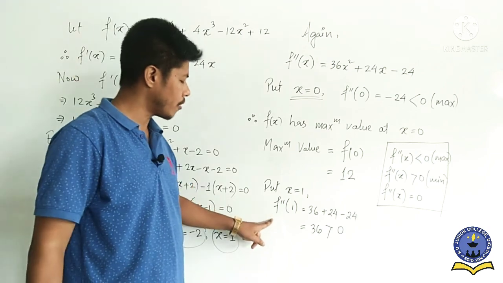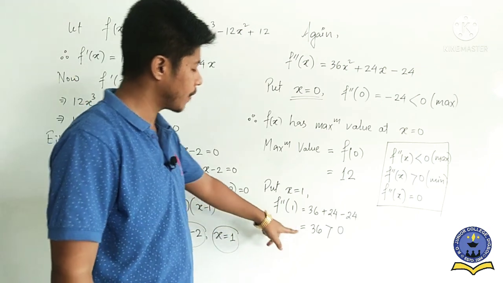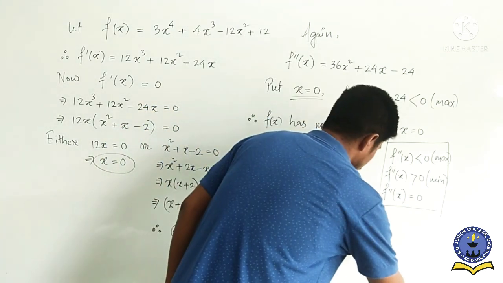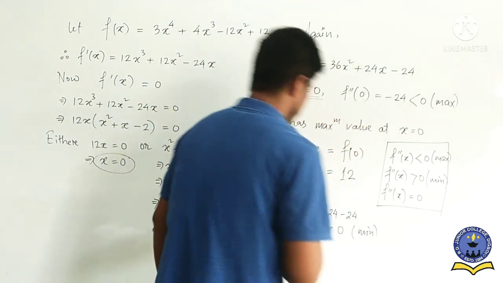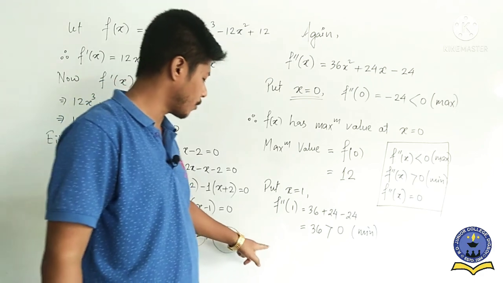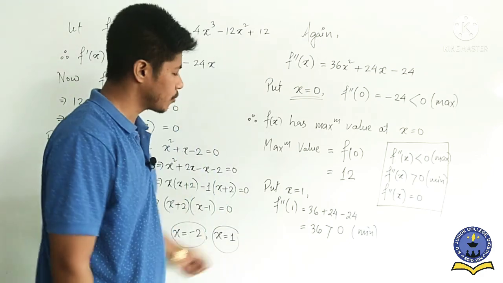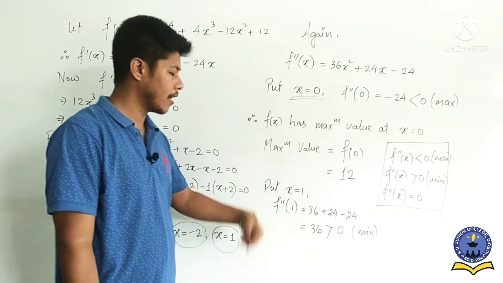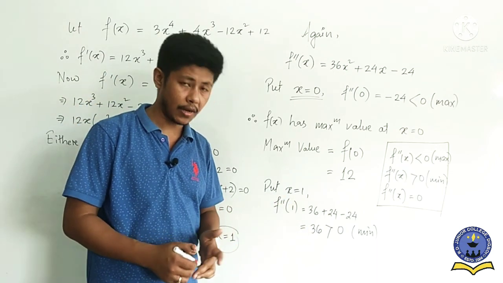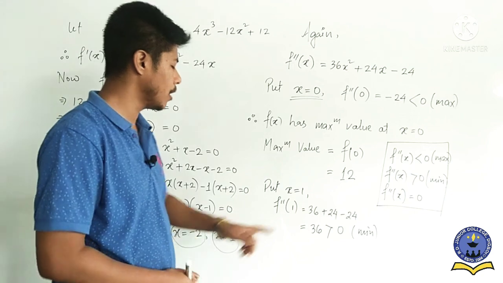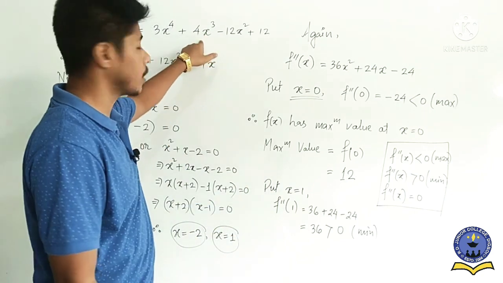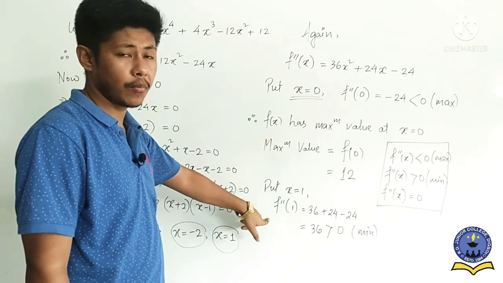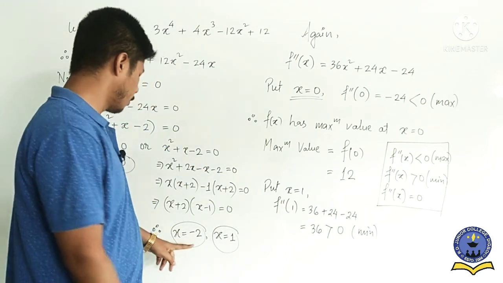So according to our second derivative method, if greater than 0, what we get? We get minima. So that means at which point we get minima? So therefore here the conclusion we have to write, therefore f(x) has minimum value at x equal to which point? At x equal to 1. And then again we have to find out the minimum value. And this minimum value, how can we find out? This x equal to 1 we have to put in this given function. Is it clear? And then we get the minimum value. So in this way we have to solve another one.